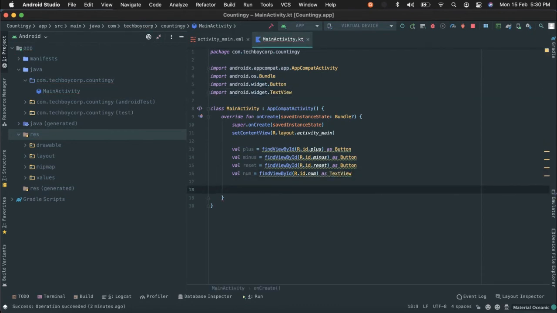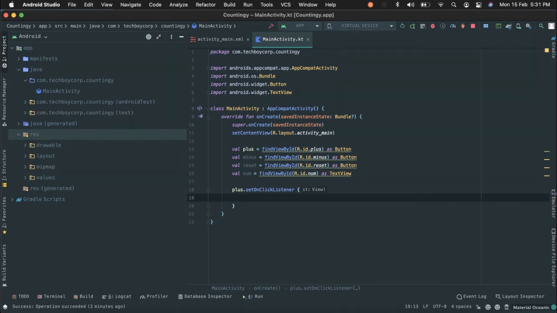Now we'll write plus.setOnClickListener. What this will do is it would set an on click listener, and whatever is inside this code would happen after the button plus is clicked.